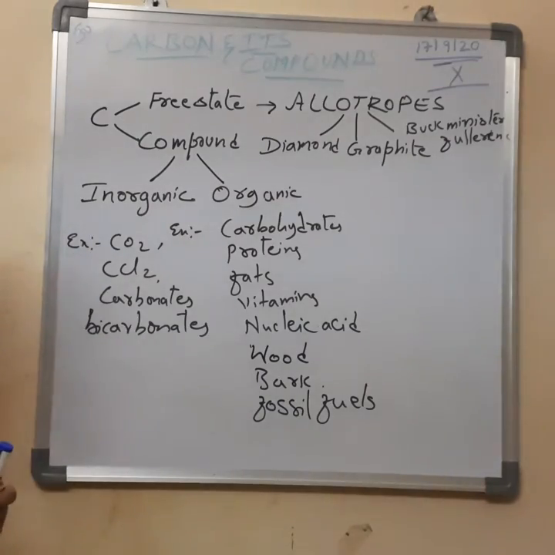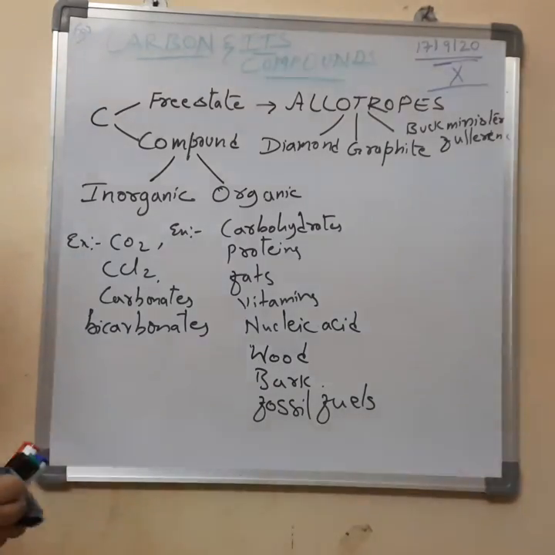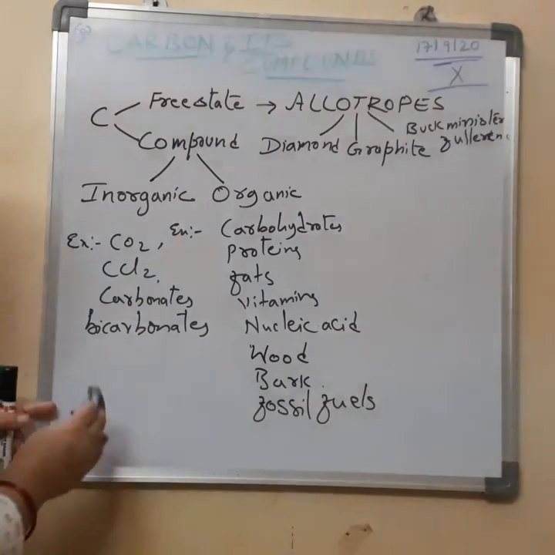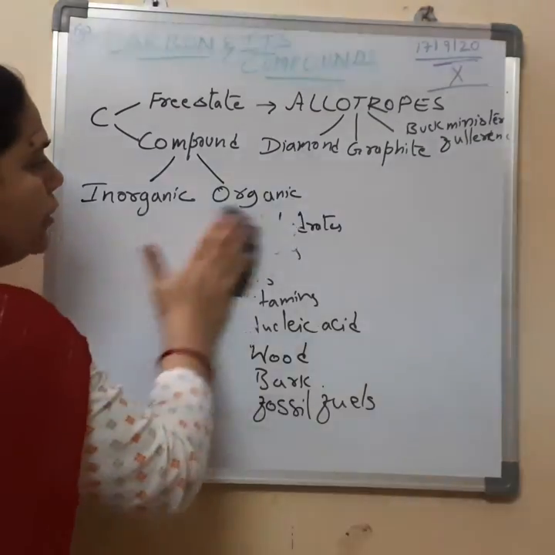So now, as I told, we had one more question. Why is carbon able to show this many number of compounds? Okay, what is the reason? So we will have a little discussion about why it is able to show those many